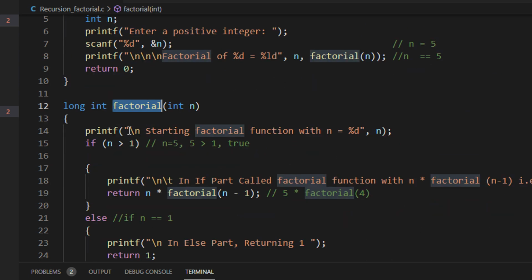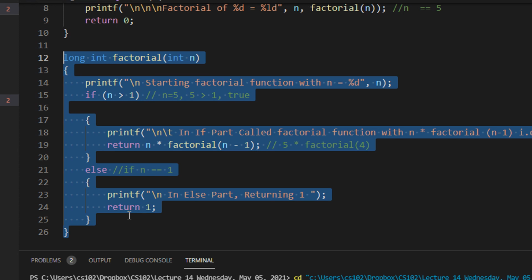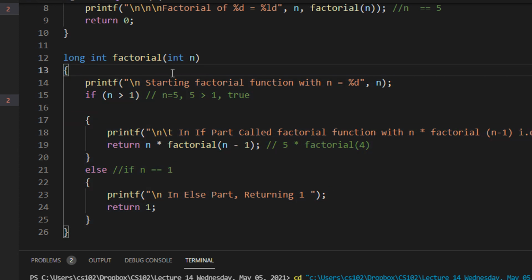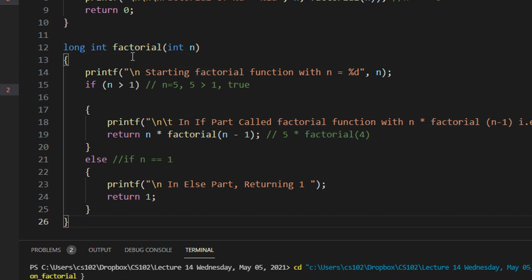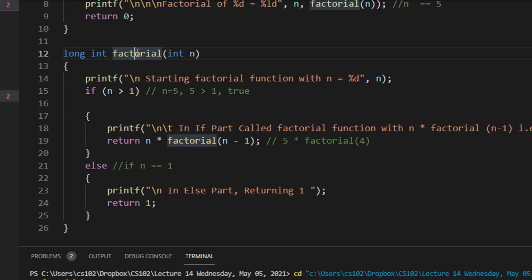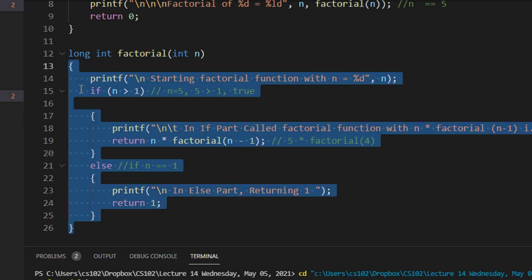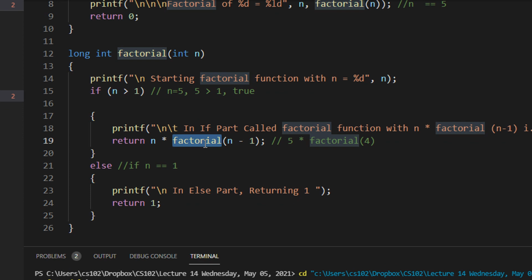I reach at this point, and now you can see the return statement itself is calling the factorial function. See, the factorial function is defined from here to here, right? This is the entire definition of factorial function. But in our case, what is happening? You see this factorial function is from line number 13 to line number 26. And in the return statement, I am calling the factorial from within the factorial function. This you just need to pay attention. I am calling the factorial function from within the factorial function. This is the entire definition of factorial. And then I'm calling the factorial again in the factorial.